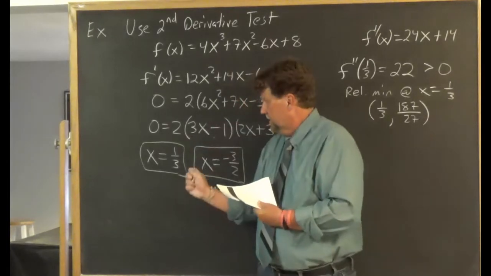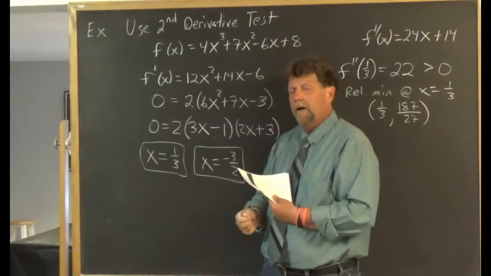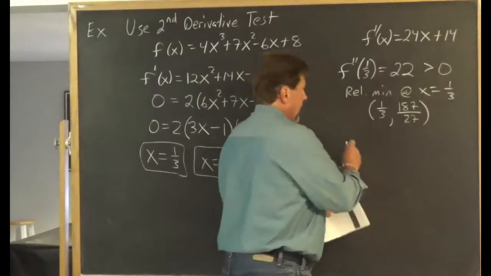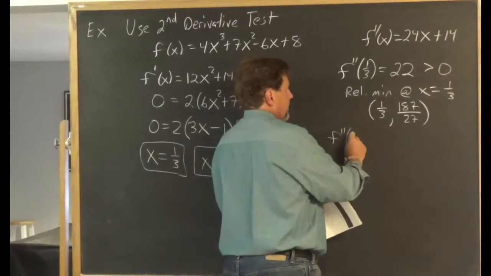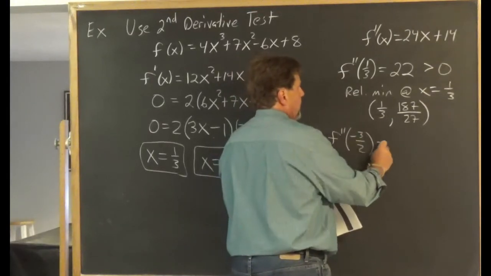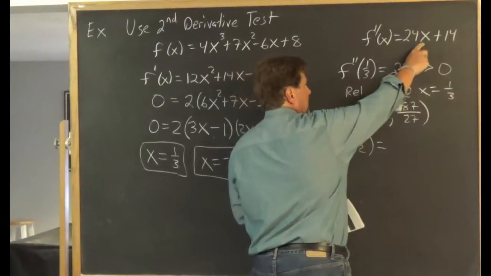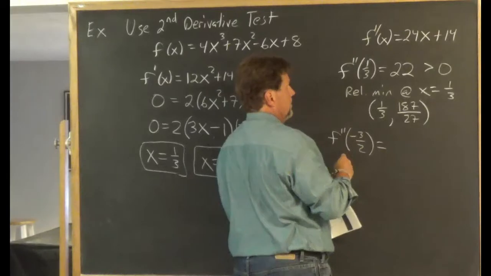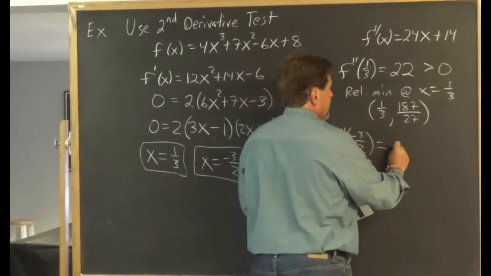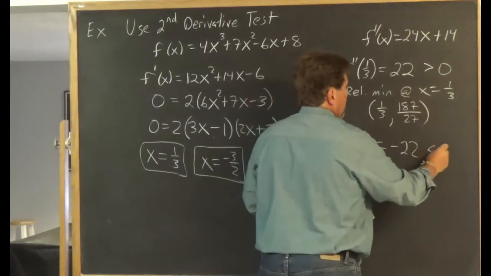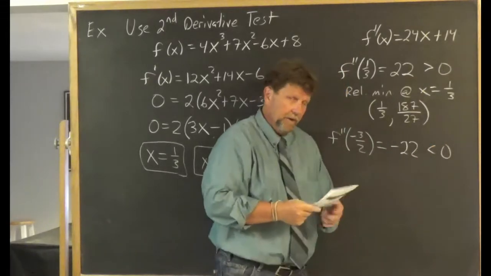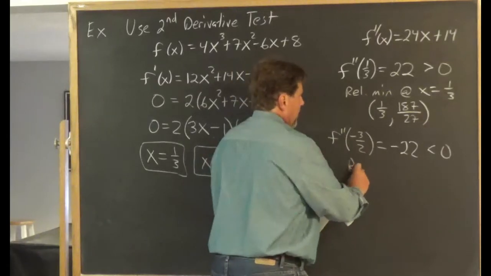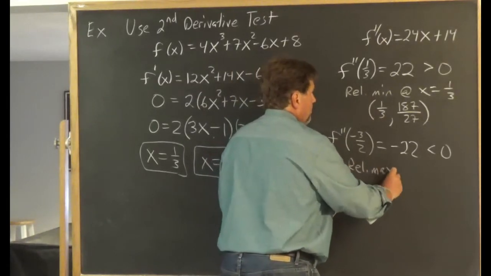Okay, next, the other critical value where the derivative was 0, -3/2. So I evaluate the second derivative at -3/2. So I put -3/2 into the second derivative, and I think I get -22, which is definitely a negative number. It's less than 0. So that tells us we have a relative max